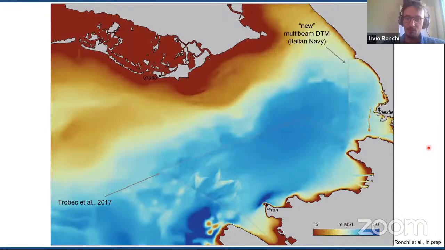Second, really important data that we use is our multi-beam derived DTMs. Multi-beam is a technique which allows an imaging of the seafloor, a really highly detailed one. And we have two main DTMs derived from multi-beam. This one here was already published in a paper from one of our colleagues. And recently we acquired this second one, which was provided by the Italian Navy, much smaller, but